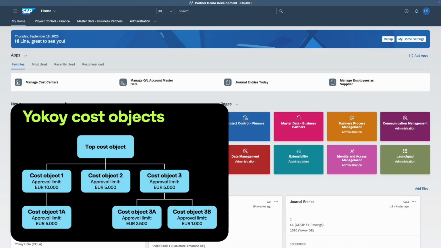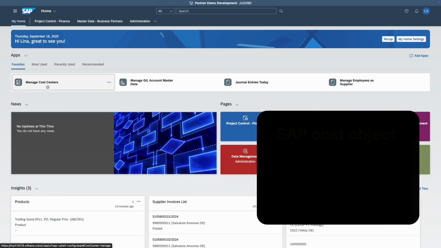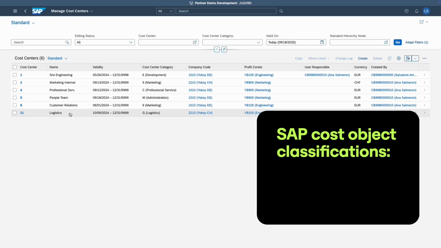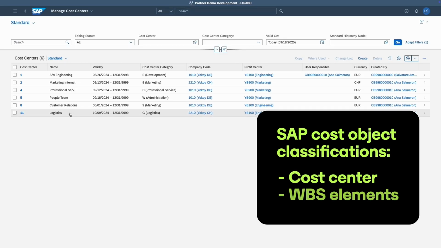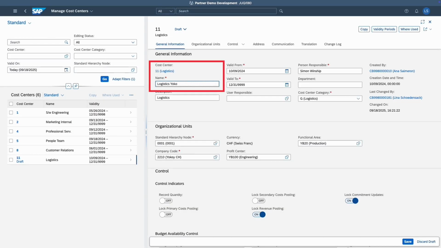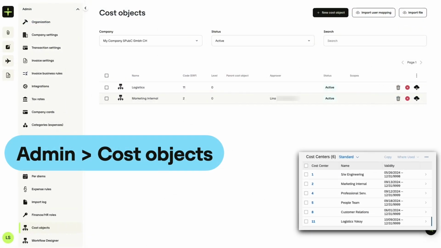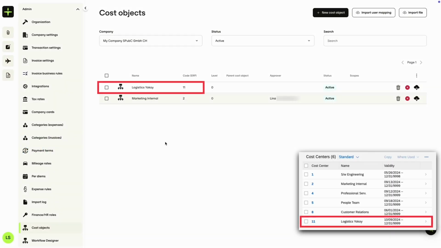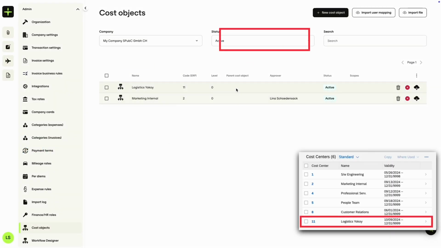In Yokoy, cost objects are a hierarchical construct that shows where costs occur within a company's operations. SAP allows various classifications as cost objects, such as cost centers or WBS elements. Once you have renamed a cost center in SAP, navigate in Yokoy to Admin, Cost Objects. According to your specific settings and frequency, the cost objects will be synced and you can validate the data and